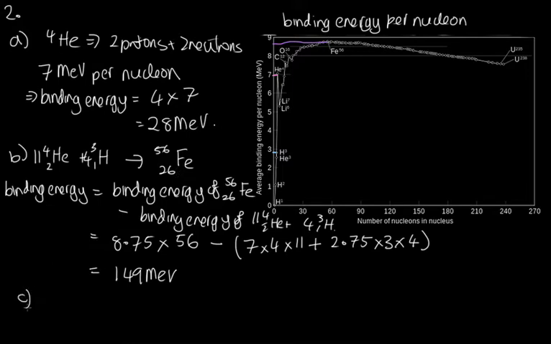So part C says explain why isotopes with A less than 56, so that's down here, tend to undergo fusion while isotopes up here tend to undergo fission. Well, fusion is when they come together. So these ones which are lighter than iron, if they fuse together, they will enter a lower energy state, they'll release more binding energy, and everything in nature wants to try and get to the lowest energy state it can. So atoms, let's not call them atoms, let's call them nuclei. Nuclei with A less than 56 can release energy